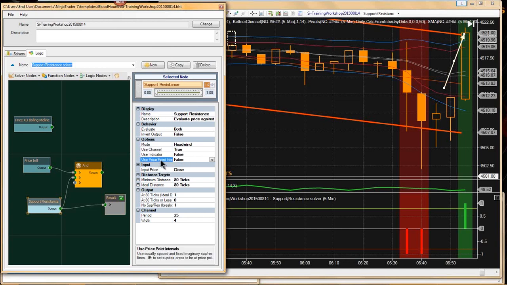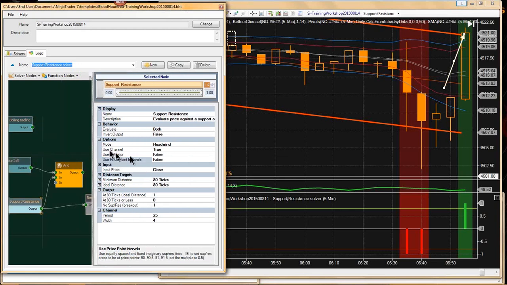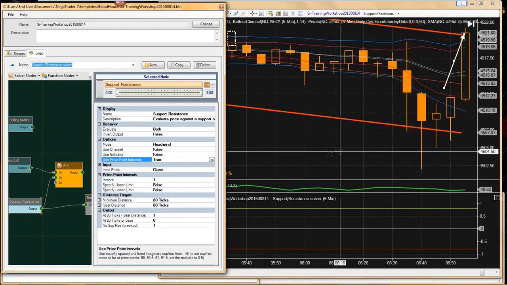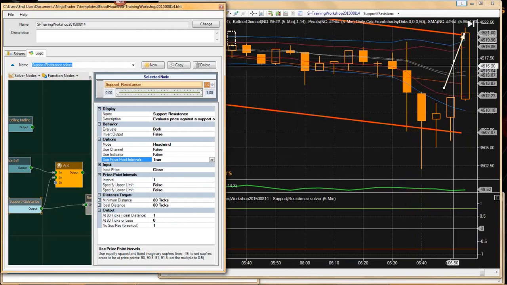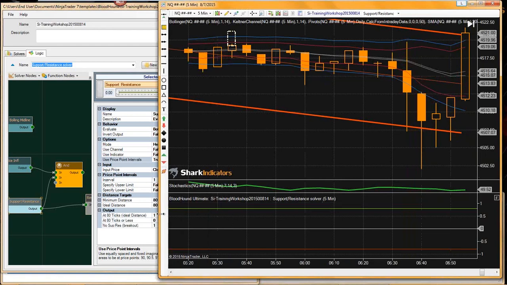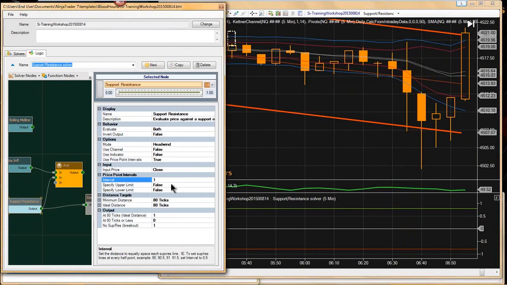So now let's use the price points here. This says use price point intervals. What this does is create fictitious price point intervals on your chart. You won't be able to see them on the chart, but the way it works is you have to set an interval. So if I set an interval to 10,